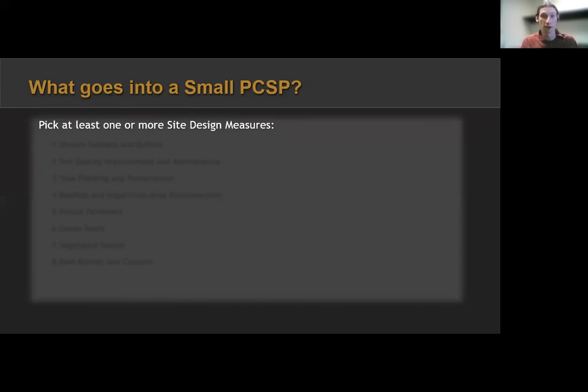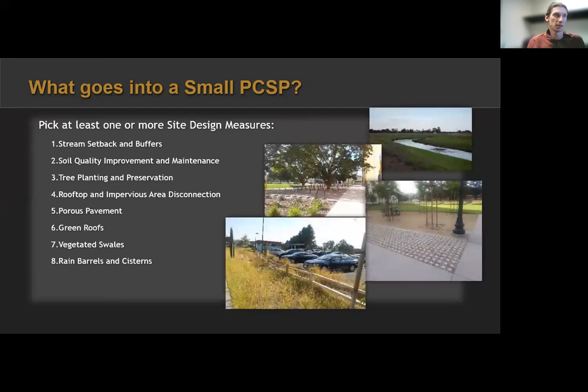I've used that word a lot, and what that is, there are 8 site design measures that we are allowed to use, which you can see there, like soil quality improvement and maintenance, tree planting, porous pavement. These are measures that are designed to infiltrate, evapotranspirate, bioretain, stormwater runoff from our project. We need to pick one or more.